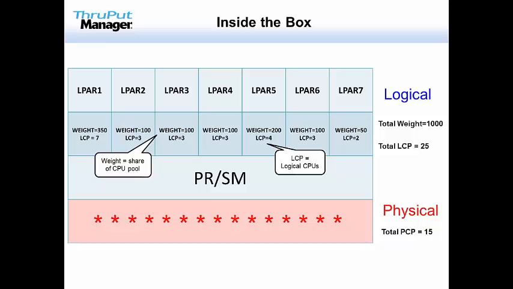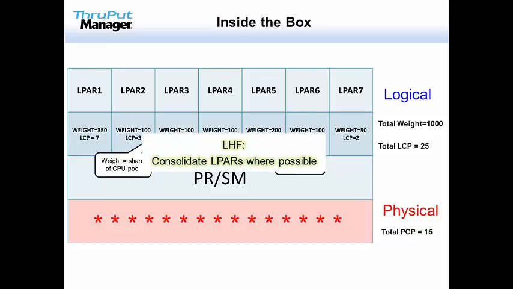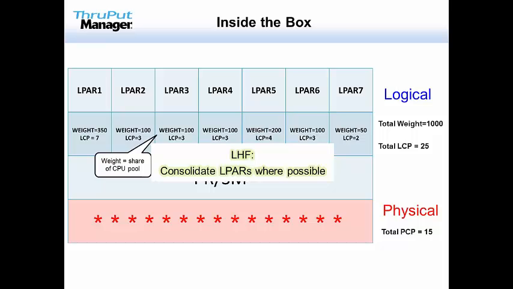So this is where the weights really get enforced. Weights only really get enforced when the machine gets to 100% or gets close to 100%. Prior to that, of course, you are allowed to exceed your weight if the other LPARs don't require their full weight. Also, I should point out the logical processors will limit the total capacity that you can get. So one of the rule of thumbs I would recommend is that make sure you do configure enough logical processors to be able to achieve your weight. Talk about what that looks like in a minute. But low-hanging fruit, consolidate LPARs.